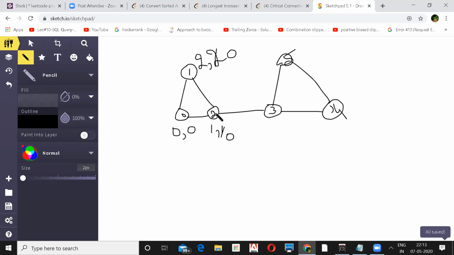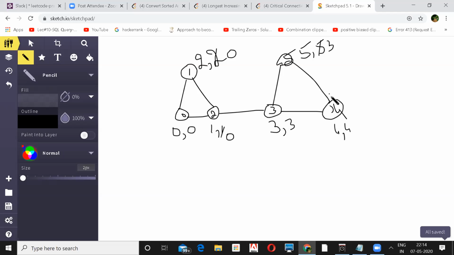After that you'll see if you can explore any further nodes. This is already explored, so you'll go here, and let's say this is the third node you are visiting, and its nearest node will be 3 only. Again you'll go to 4, whose nearest node will be 4, and then you go to 5, whose nearest node will be 5. Now when you go here, you have already explored this node, so you take the minimum of these two timings, and that will be updated here as 3.